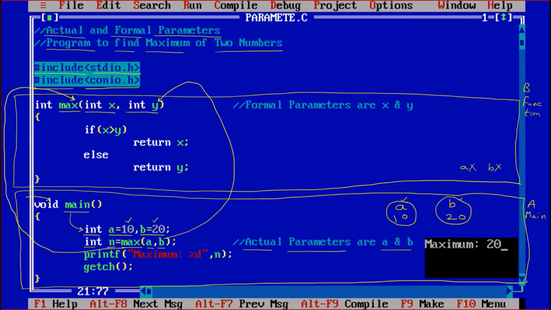So that means y is declared inside the function, that means block B. Similarly, a is giving its value to x, which is one more variable declared inside the function. So this x and y are called the formal parameters. Now the value of a is given to x, that's why the x value is 10, and the value of b is given to y, that is 20.